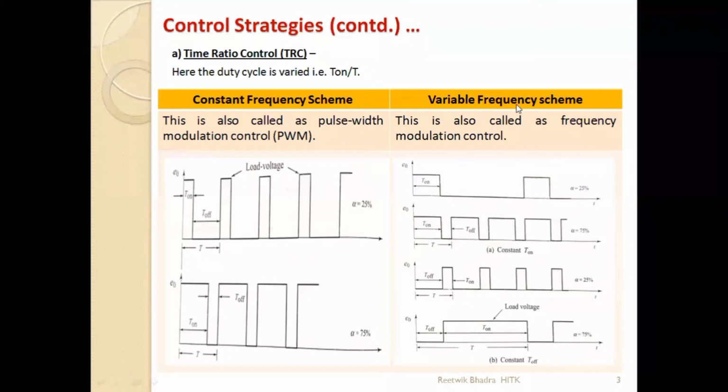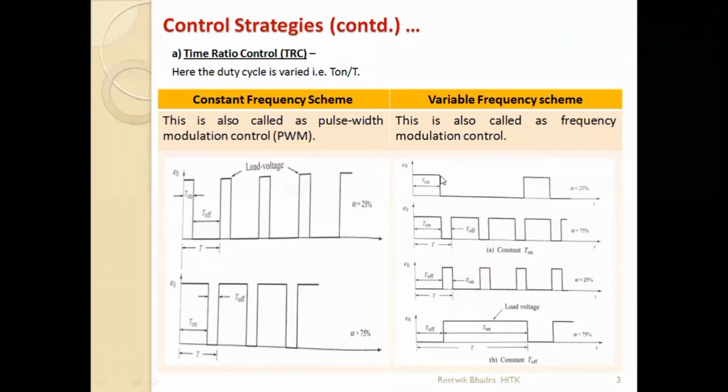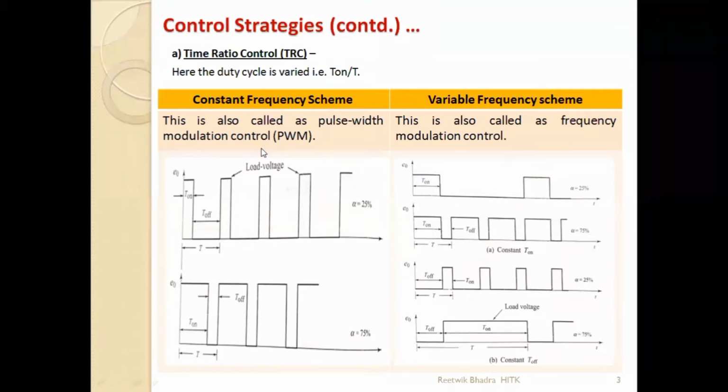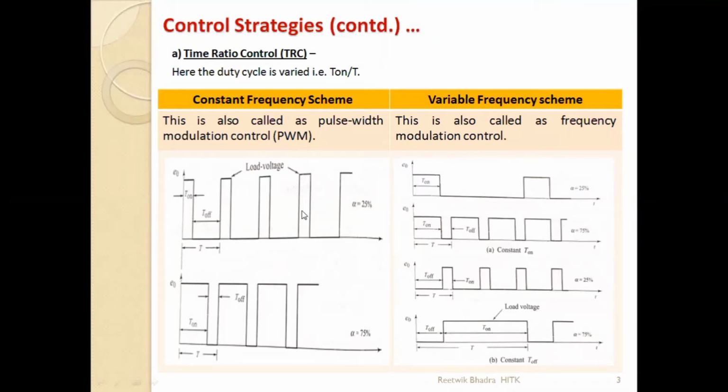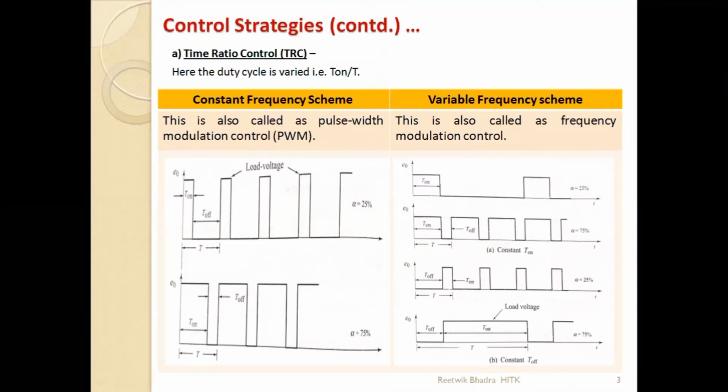Remember, the frequency which we are stating is your switching frequency. Your supply is DC. So this frequency is the switching frequency: how the switch is turned on and off, not the supply frequency. Please don't confuse it with your machines course, which I also teach you. There I take it as supply frequency. Over here, don't make that mistake. In power electronics, we are taking switching frequency. Can you tell me why constant frequency can be preferred over variable frequency? Only one reason I need. Other reasons you can find in the book also.